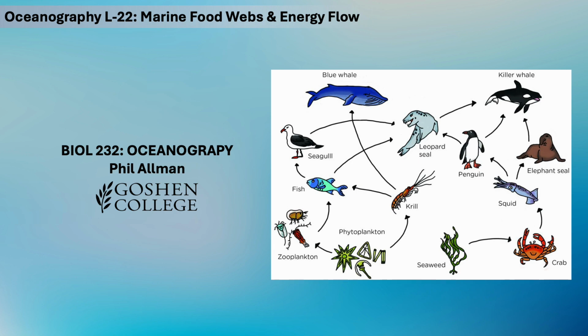Today, we expand our perspective from plankton communities to the broader structure of marine food webs. Food webs describe how energy moves from primary producers through multiple levels of consumers within an ecosystem. By examining these energy pathways, we can understand how different organisms are connected and how changes at one level of the ecosystem can influence many others.